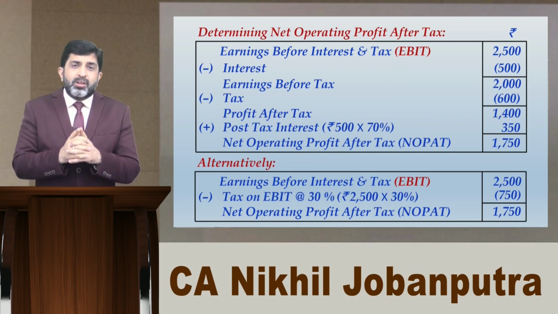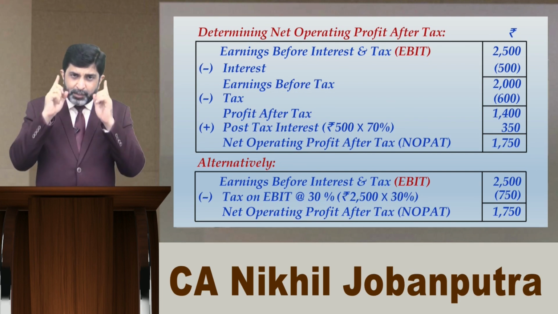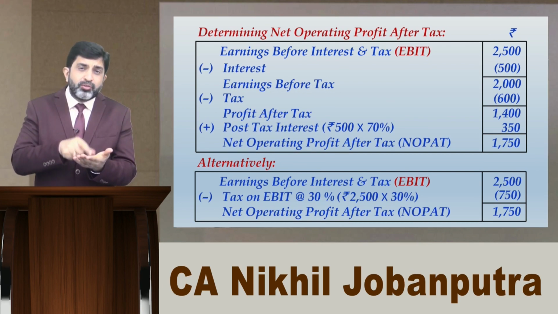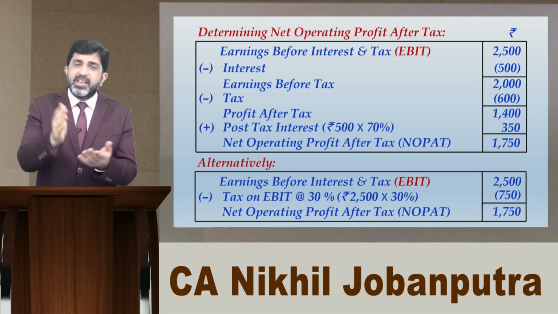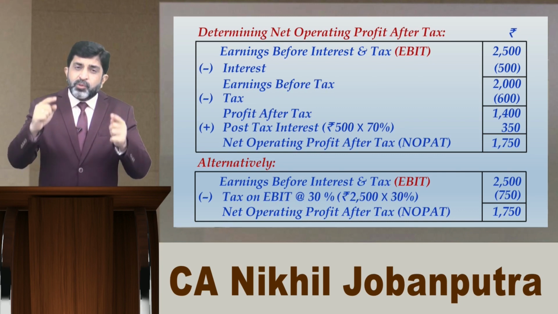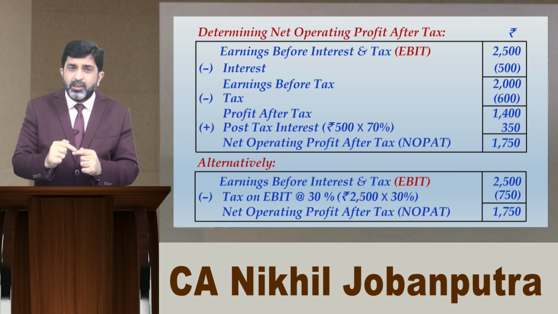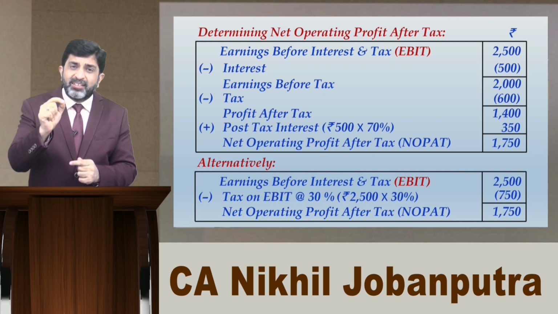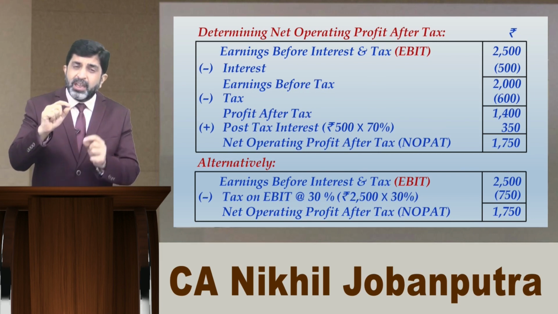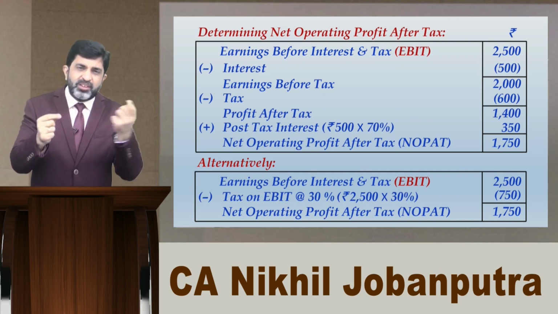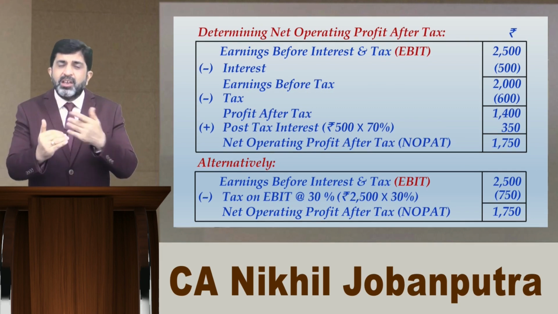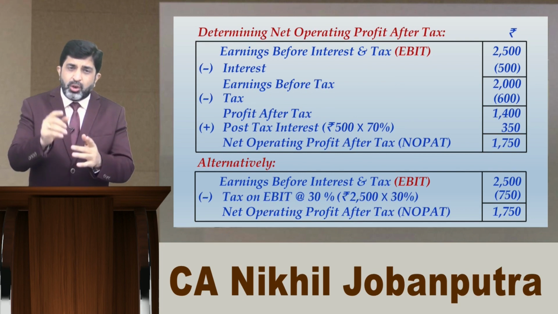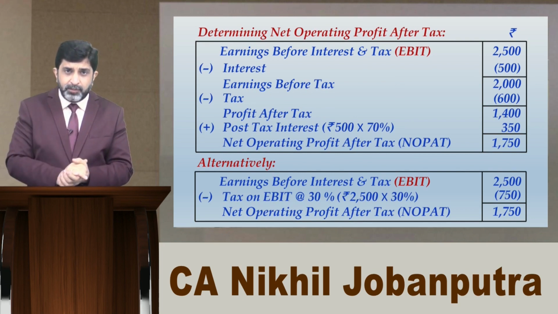Keep in your mind one thing: when you compute cost of debt, it is again the post-tax effect. So the post-tax interest amount is basically already computed as 350. It is 350 divided by 5000 that would give you the post-tax cost of debt. In percentage, if you want, you just multiply by 100. So it will be 350 divided by 5000 into 100, and I'm sure you would be getting that as 7%.